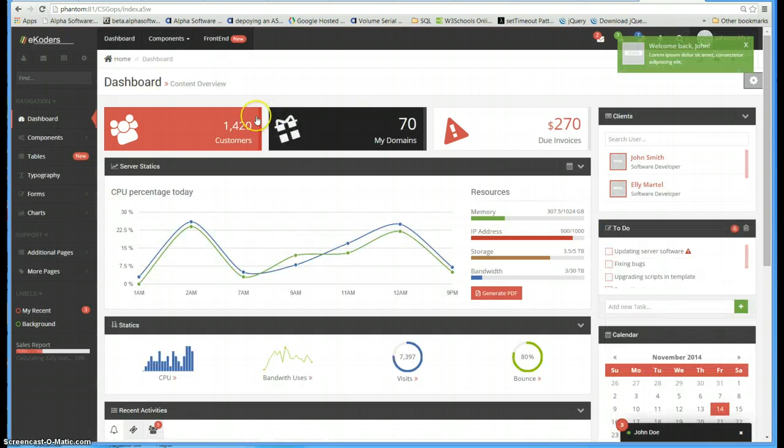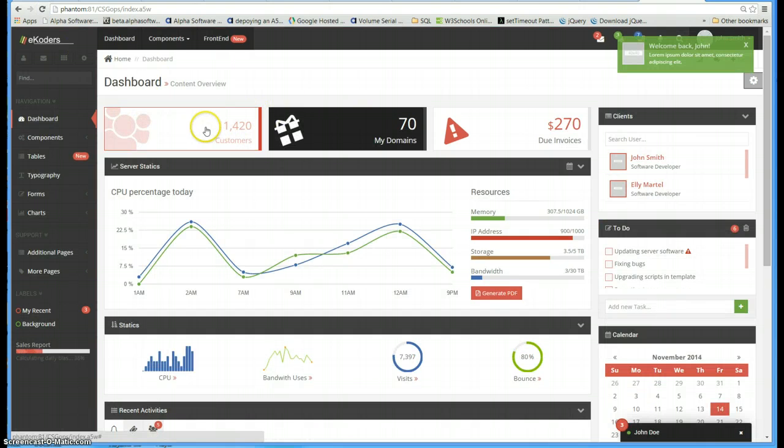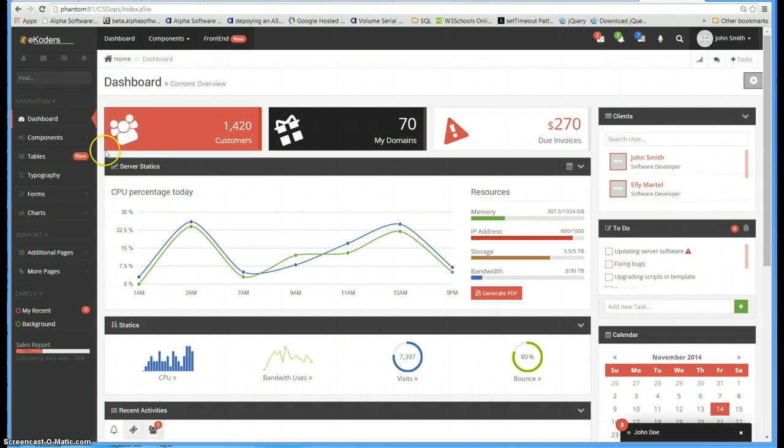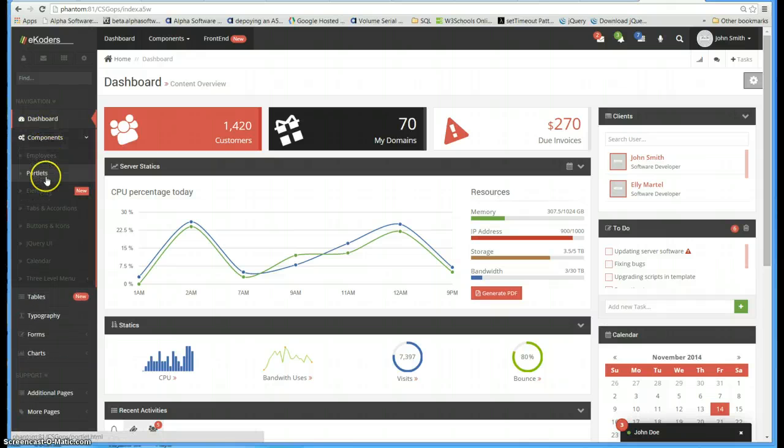When this runs, you can see you now have a true count of customers coming into this particular area when the page runs. And I've also added another new component. You've got all these components that were in originally, and I've added another one called employees. So we'll click on employees,